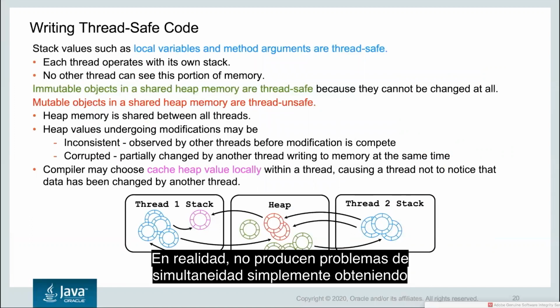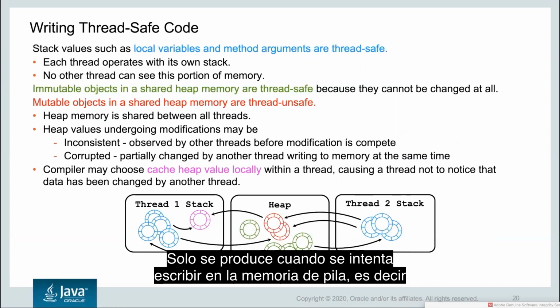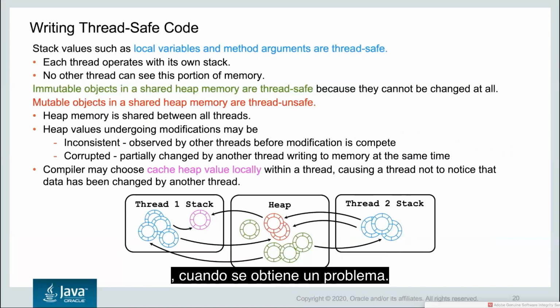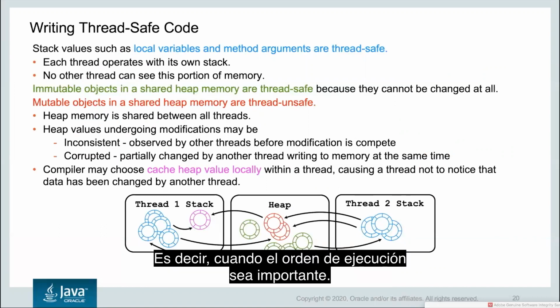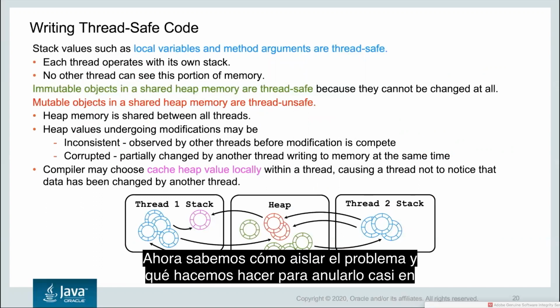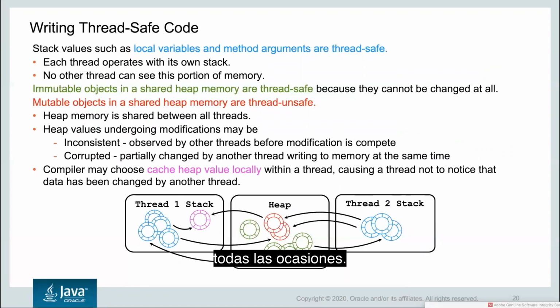They don't really cause any concurrency issues just by getting values. It's only when you try to write into the heap memory that you get a problem. That's when the order of execution becomes important. So now we know how to isolate the problem and what we can do to avoid it almost on